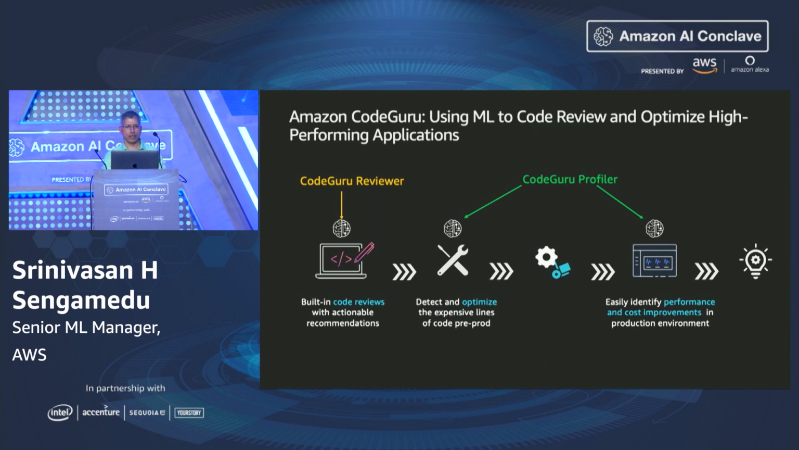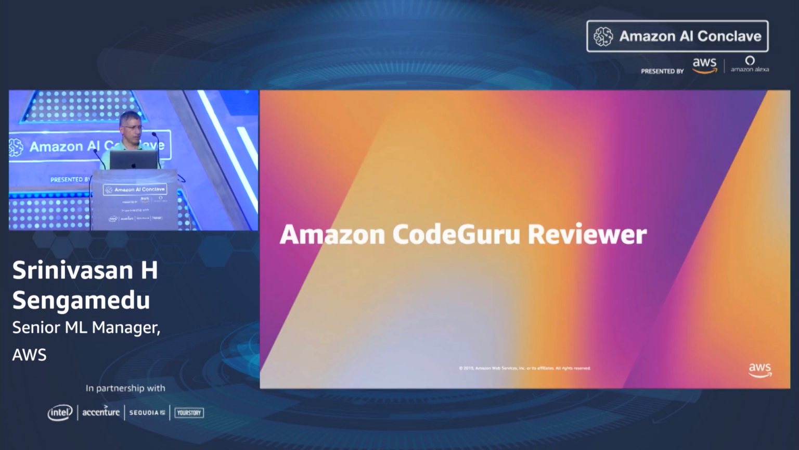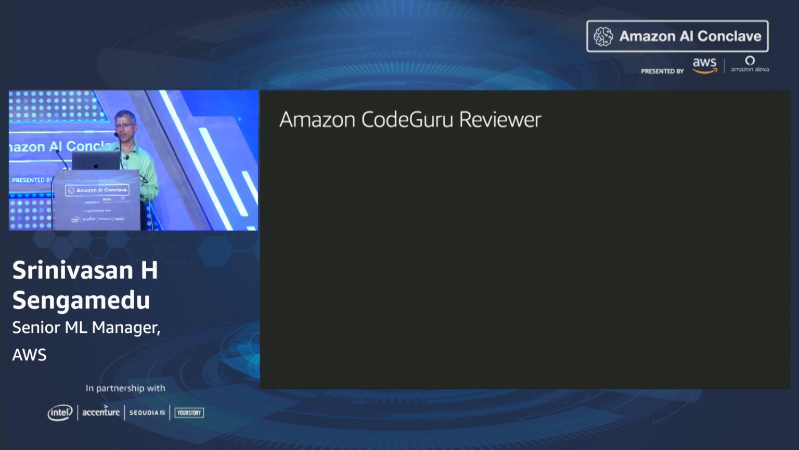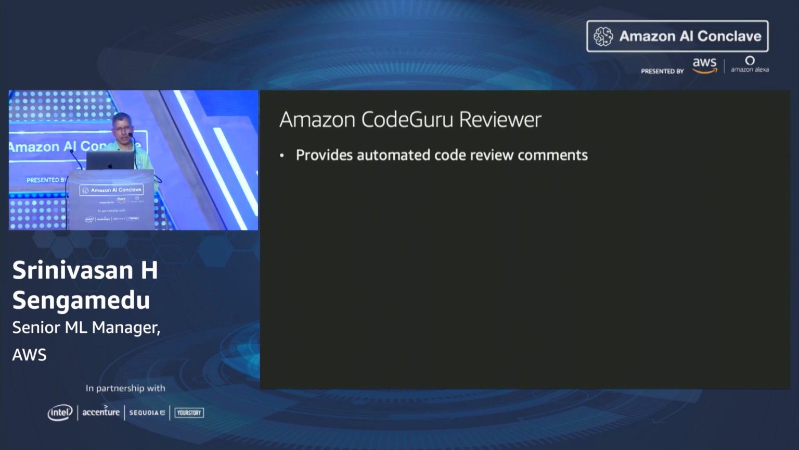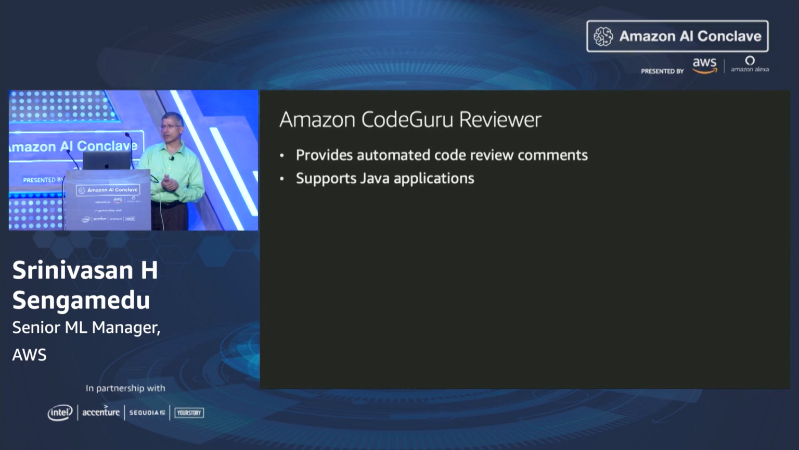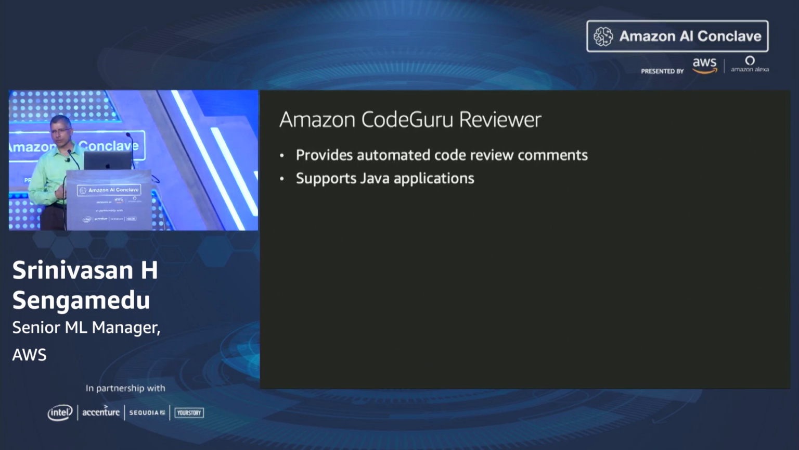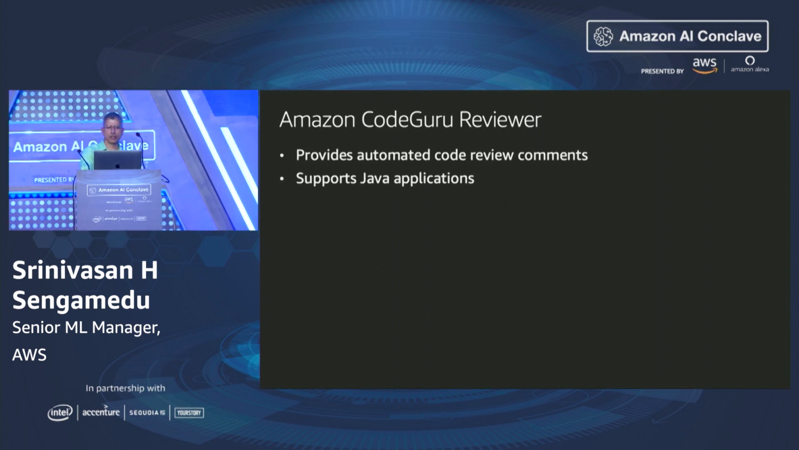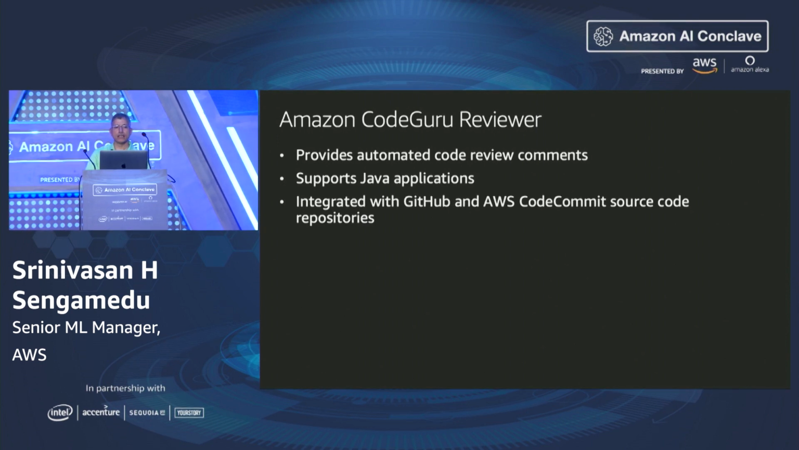So that's at a high level what CodeGuru is about, and I'm going to talk about the CodeGuru Reviewer. As I mentioned earlier, it provides automated code review comments, and it supports Java applications. So if you have code written in Java, you can link, or onboard to CodeGuru Reviewer, and it will give you code review comments. And it is integrated with GitHub and AWS CodeCommit source control repositories. So if your code is on GitHub or AWS CodeCommit, you can start using